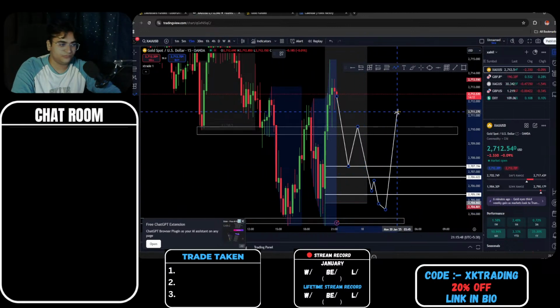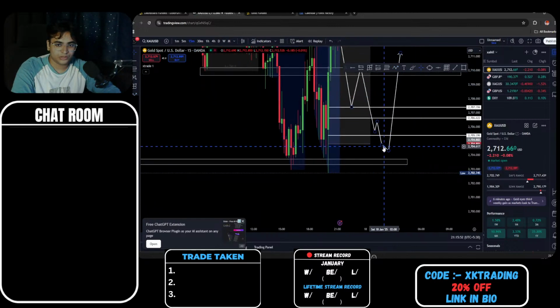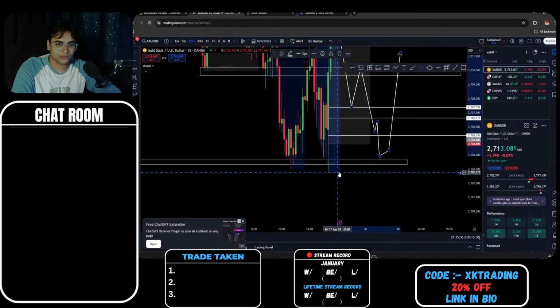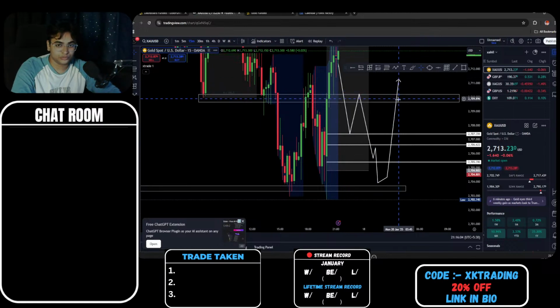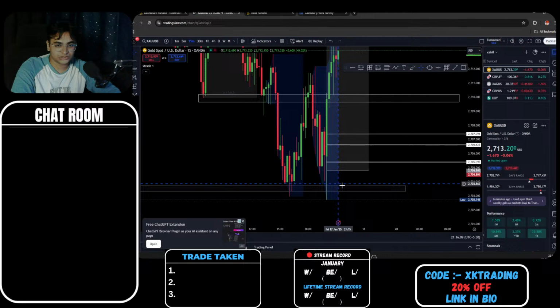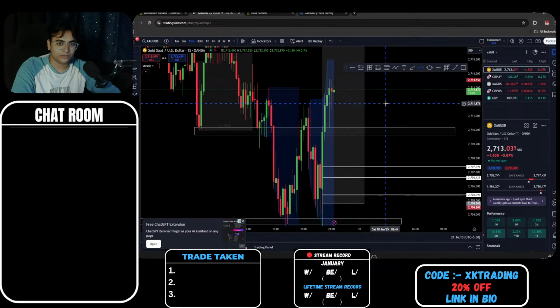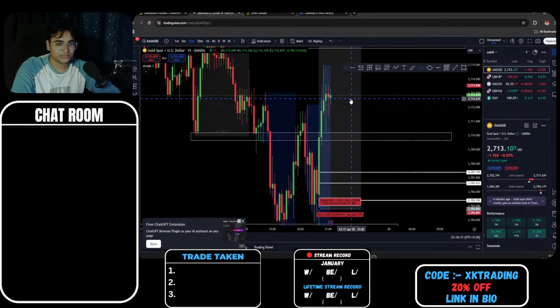If it goes up from here, then there is no point, because to be honest, this is something I'm not expecting after taking out these highs and all. Price should not be coming down here, and that will be a 4 hour flip, a daily candle flip, and it will be too much momentum for the sell side coming in. So there is no point for price to move up from here after breaking the London high. That means that price will be coming down and continue moving lower.